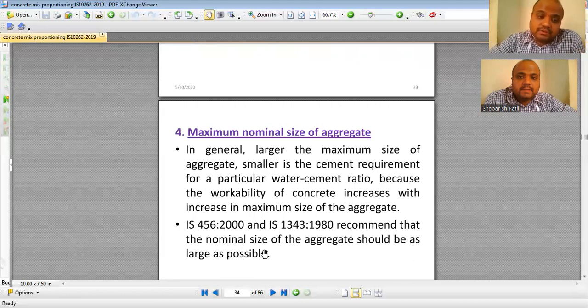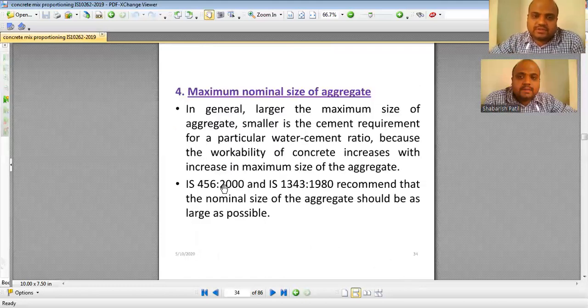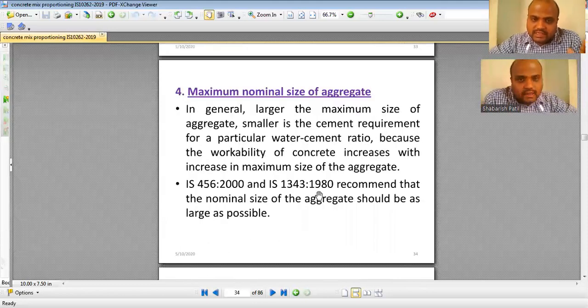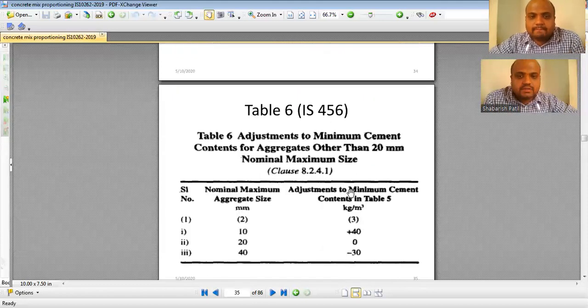But if I go with a larger size, say my spacing of steel is around 75 mm and my aggregate is around 80 mm, can this aggregate pass through the spacing? It cannot pass through the spacing. What does it lead to? It leads to the formation of cavities or voids in the concrete. And the more the voids, the lesser is the strength of the concrete. So for this, we have certain criteria to be followed.